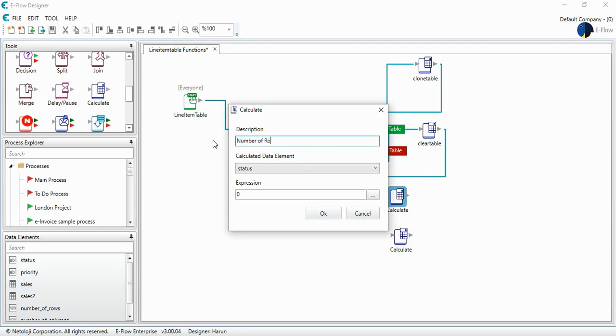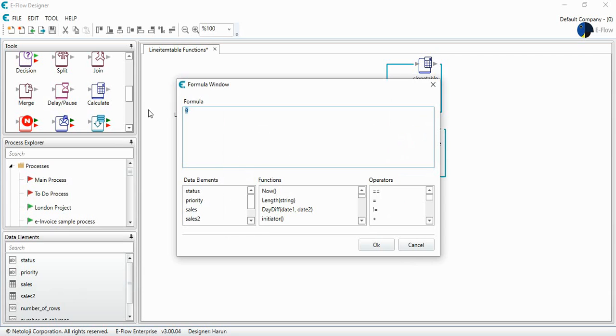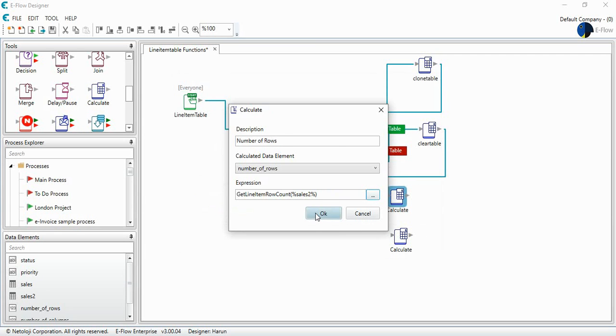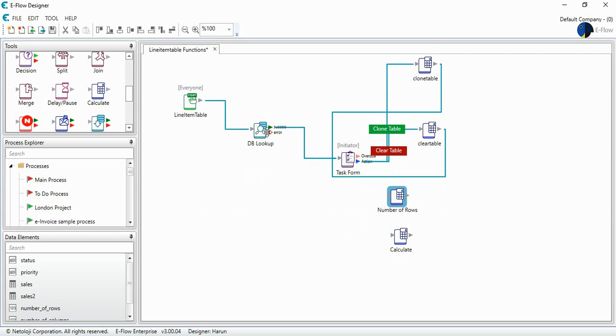number of rows and the data element number of rows as well, and I go to my functions and I find my getLineItemTable row count, and the table will be sales table. Yes, from task form,